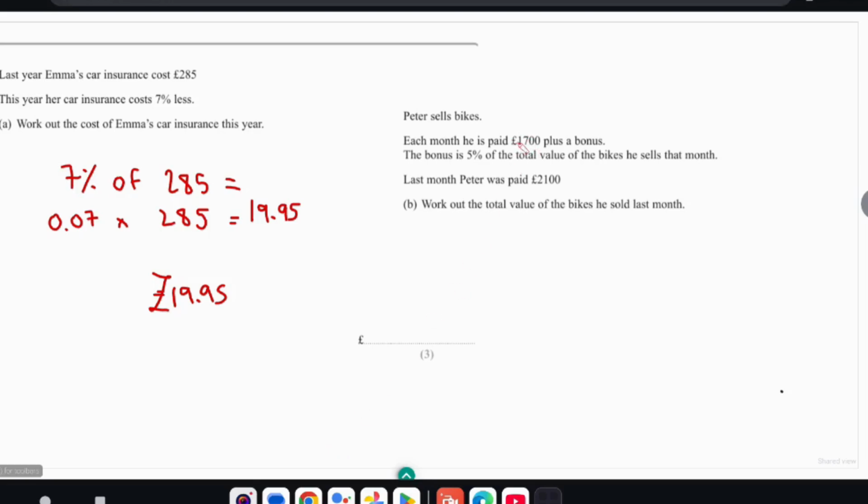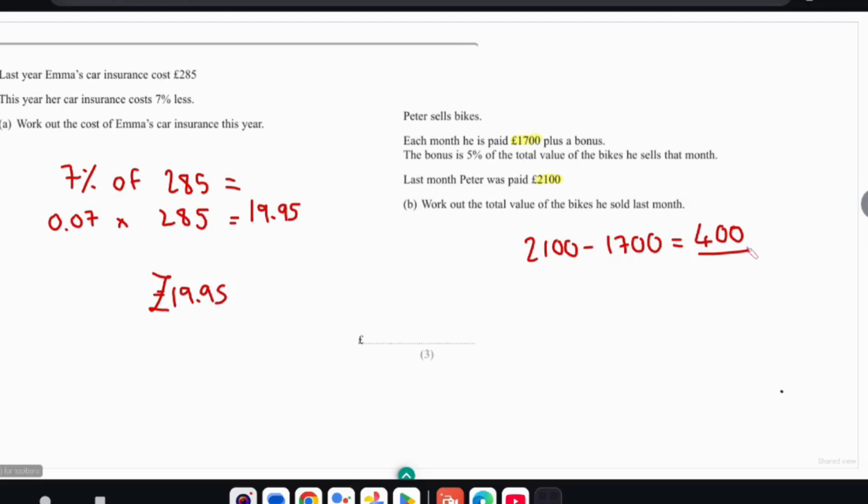So Peter gets paid this amount regardless. Let's just take that off the 2,100. He's got £400,